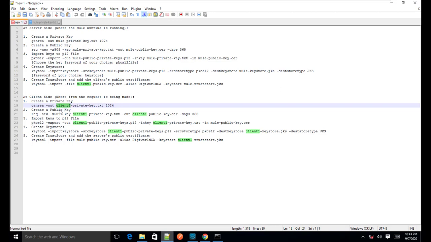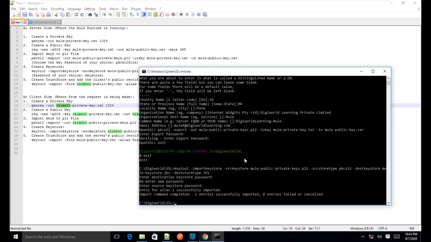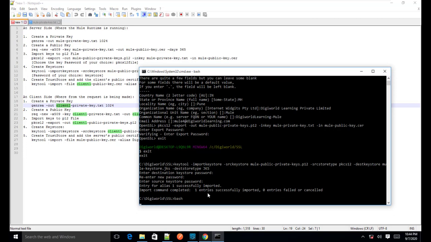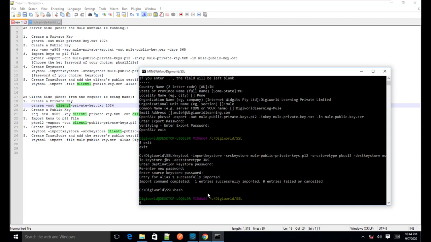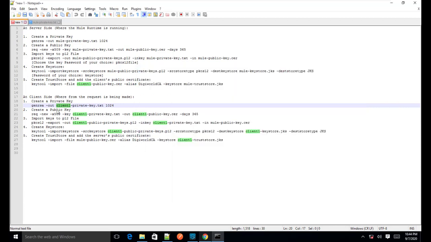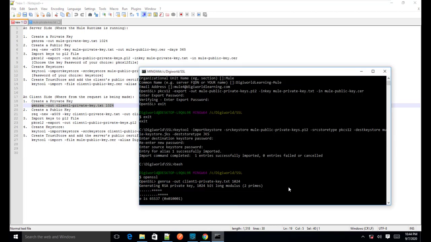As you can see, the name is different. Because we are using the same system as client as well as server, we are about to execute these steps in this system only. So I will again go to bash, then go to OpenSSL, and run these commands.